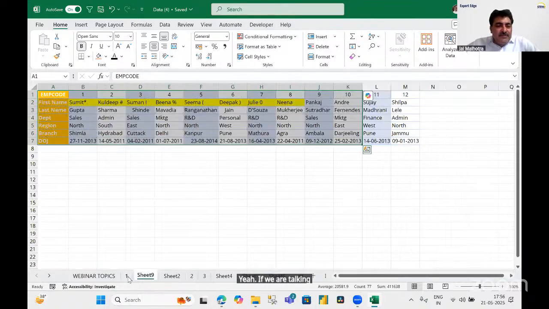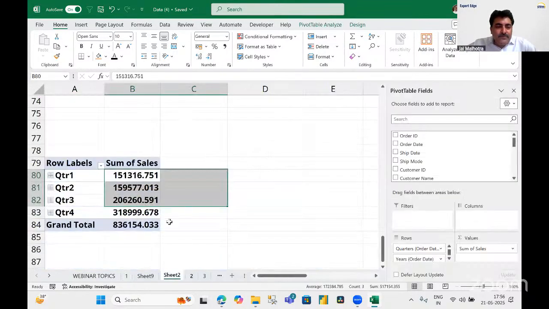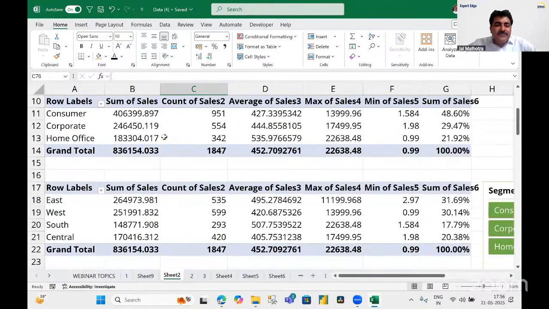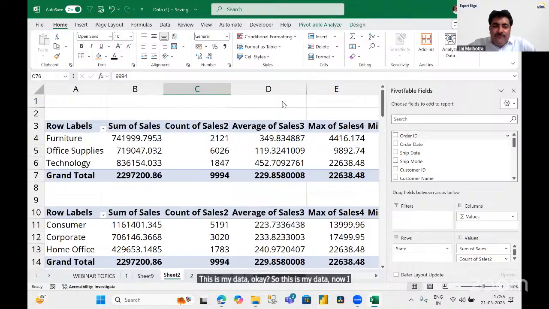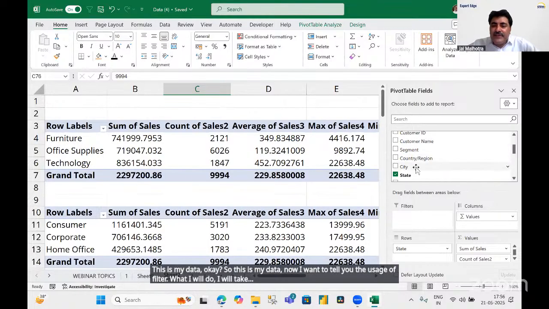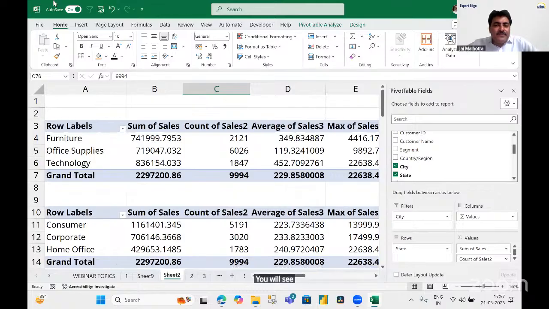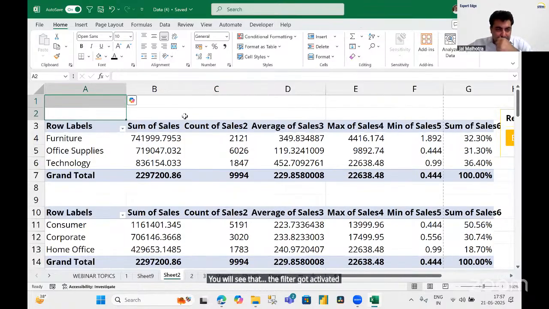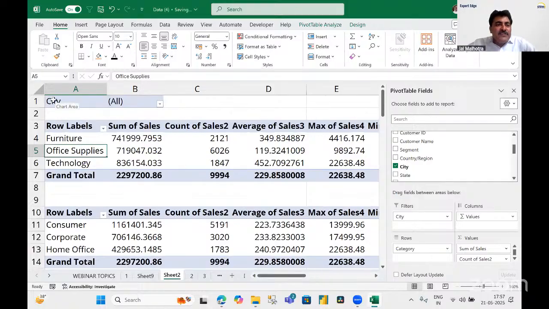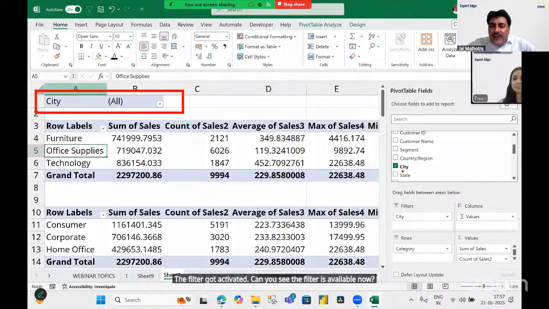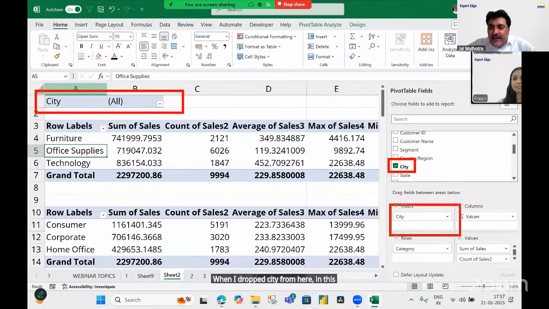Yeah. If we are talking about filters, let me do that. This is my data. Now I want to tell you the usage of filter. What I will do, I will take city into filter. If you drop city in filters, you will see that the filter got activated here. Can you see the filter is available now? When I dropped city in this filter area, I got to see this filter available with respect to